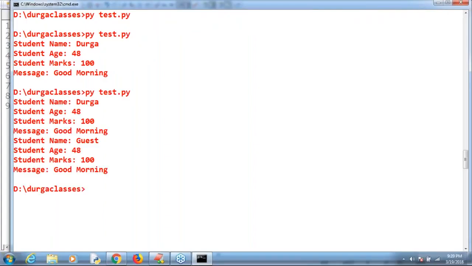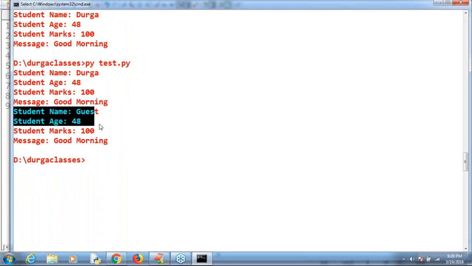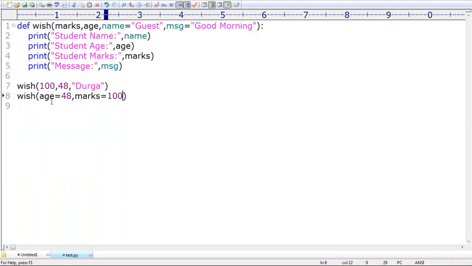Student name, have you observed, right? It may say student name, guest, and so on, because you are not passing anything. That's why it is like this, right? Sir, anyone having a doubt? Sir, I want to use positional argument, and I want to use